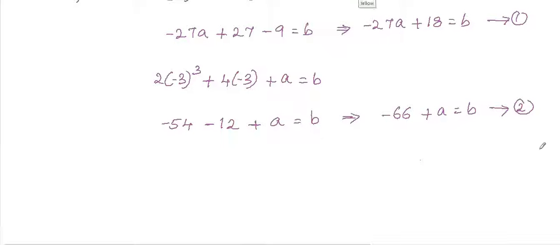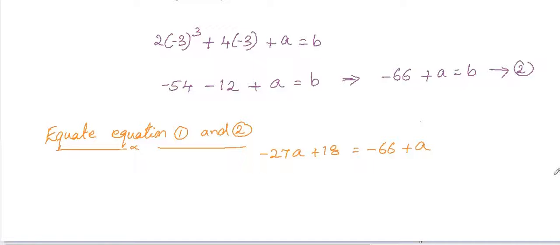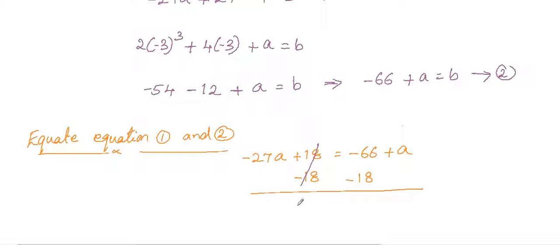So we got two equations for b. So just equate both the equations. Equate equation 1 and 2. So we'll get minus 27a plus 18 equals to minus 66 plus a. So just subtract 18 on both sides. We'll get minus 27a equals to